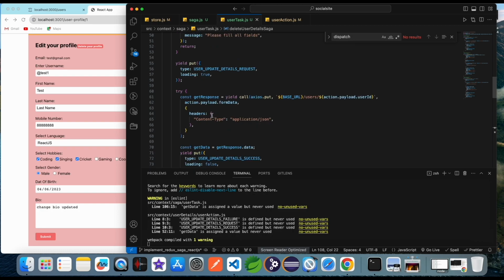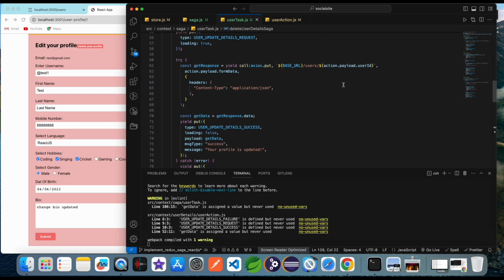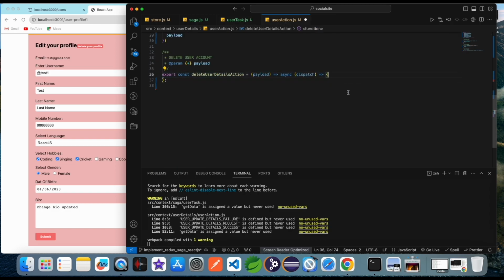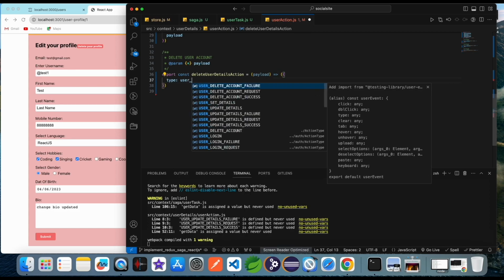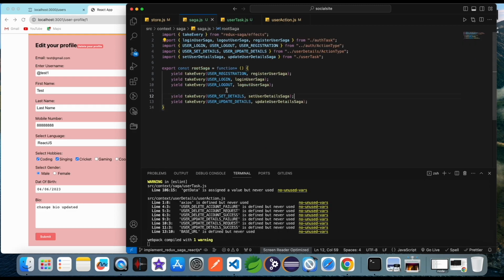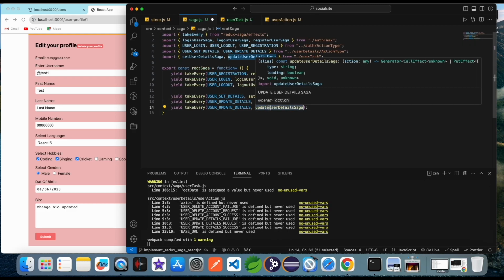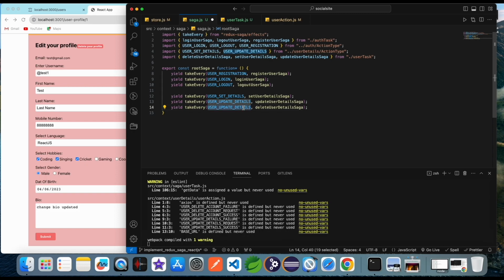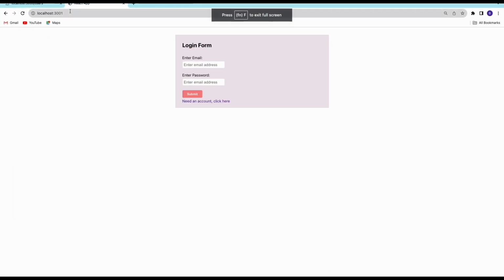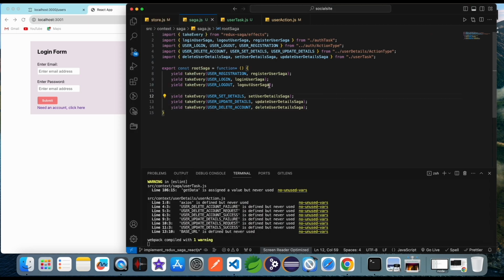Now it's time to change in user action. Before you are deleting your account, first call in user action. For that simply call a function and pass type your action type. You can say this is the base action, and call in root saga, call your function here. After action, now all the functionality is done, but before